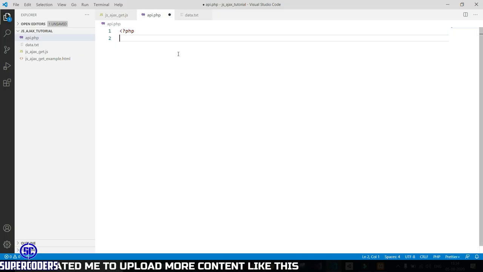Now let's make a database connection. I am using PHP just for example. You can use any API or any language you want. For now, in this simple example, I use PHP to show you how you can read data from the server from the database without page refresh.